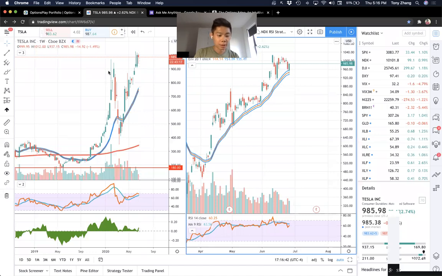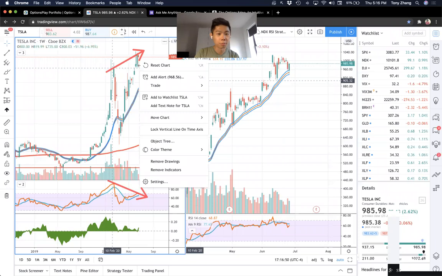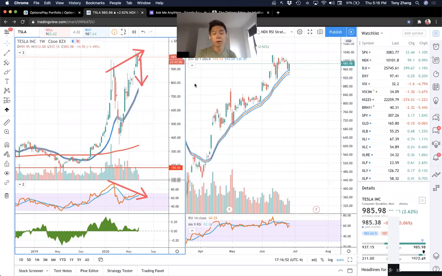moves to the upside. But I do want to warn you, weekly chart, huge negative divergence. You have quite a bit of a potential pullback here in Tesla. So I'd be very careful. If you're going to play for upside, use call options, use call spreads, so that if you do get this 20-25% pullback, you're not exposed to that. You're only risking a smaller amount of your capital to do so.